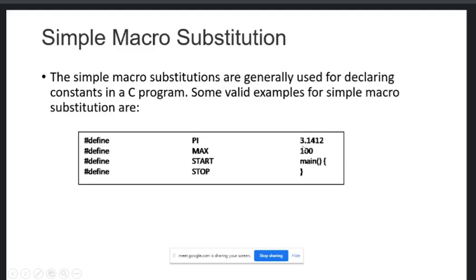In this example I have provided a floating value, 3.1412. In the second example, an integer value. In the third example, a string, where you can write anything. Here start is the name of the macro, or you can say the identifier. An identifier is nothing but a name used for different variables. So start is a macro, stop is a macro, and its values are the closing brace and main, like this.